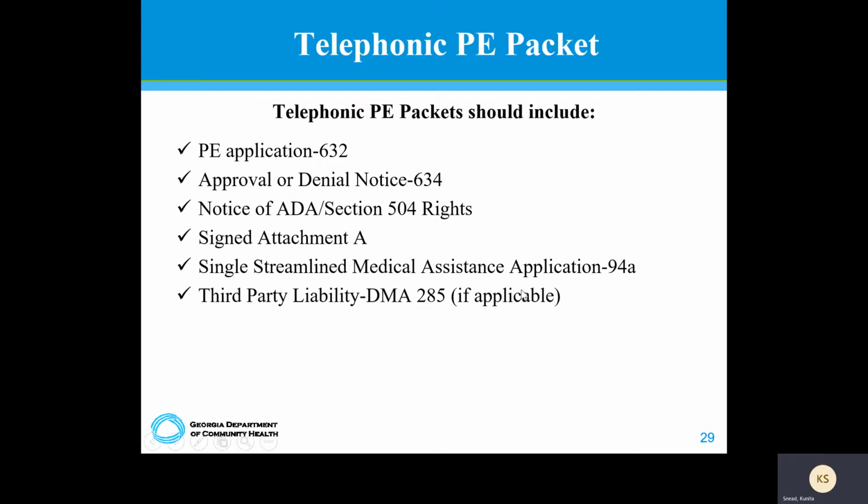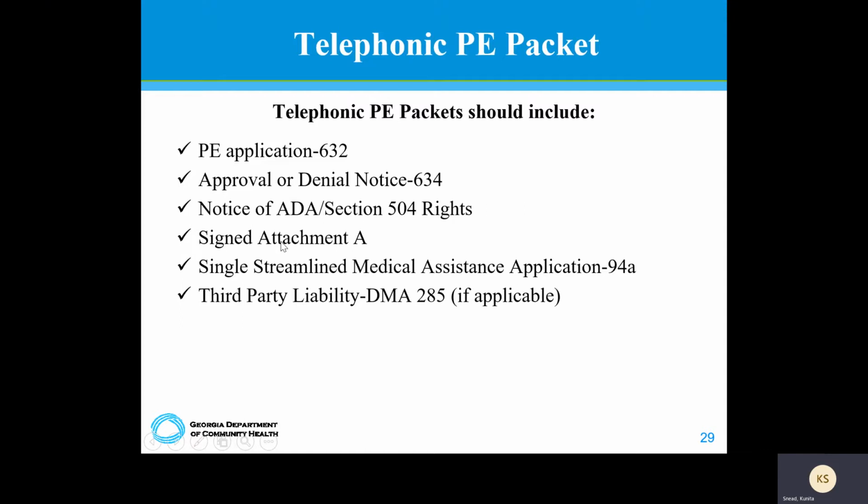What should your PE packet look like if you do an application over the phone? It's pretty similar to the regular one, but it doesn't have the 5460, the signature page. So what you're going to be sending them is the 632, the 634, either the approval or denial notice, the updated copy of the notice of ADA, and then you're going to be including the signed attachment A, because that attachment A, once you sign on their behalf,